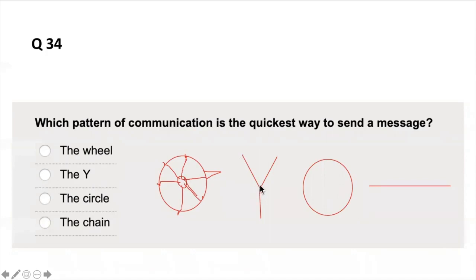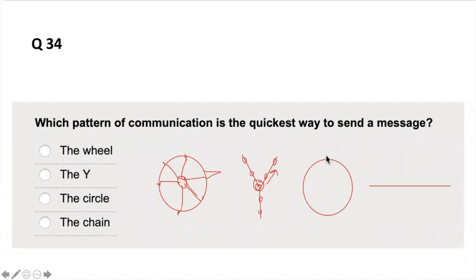Let's see the Y. The leader is in the middle right here, and there are people, of course, on every part of the chain. But you've broken down communication in 3 parts, if you notice. If the leader is in the middle, then you can communicate with these 2 people, but of course, to get from this person to that person, the message may take more time. So that is not very clear. It's not as direct as the wheel, where the leader talks directly with every person in the communication circle. So the Y breaks the people into 3 different areas, and that may take more time.